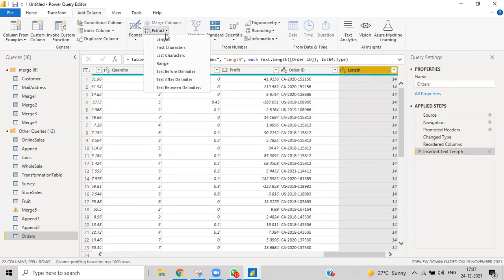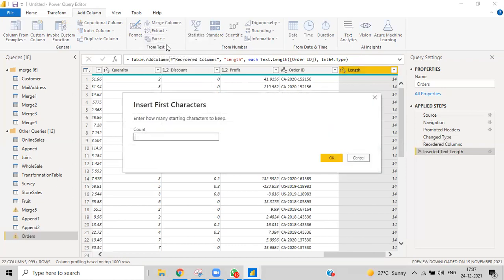I want to extract the first characters of this one.